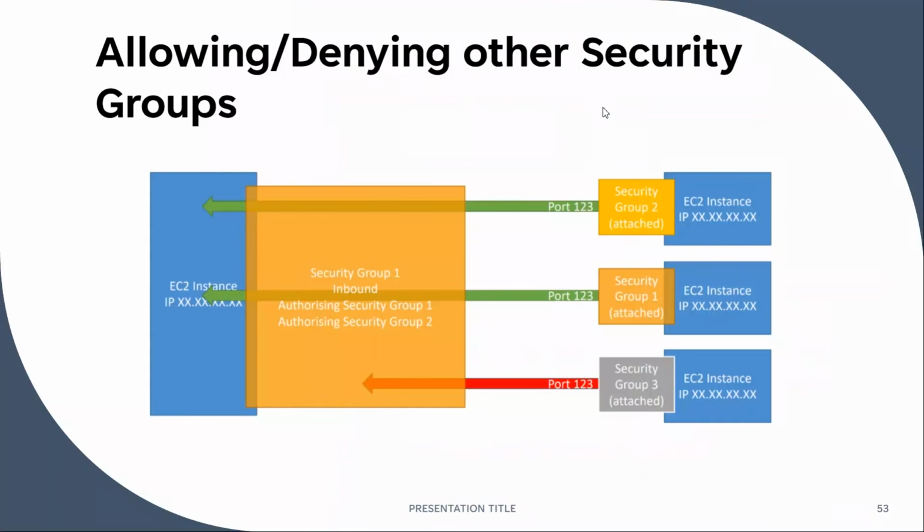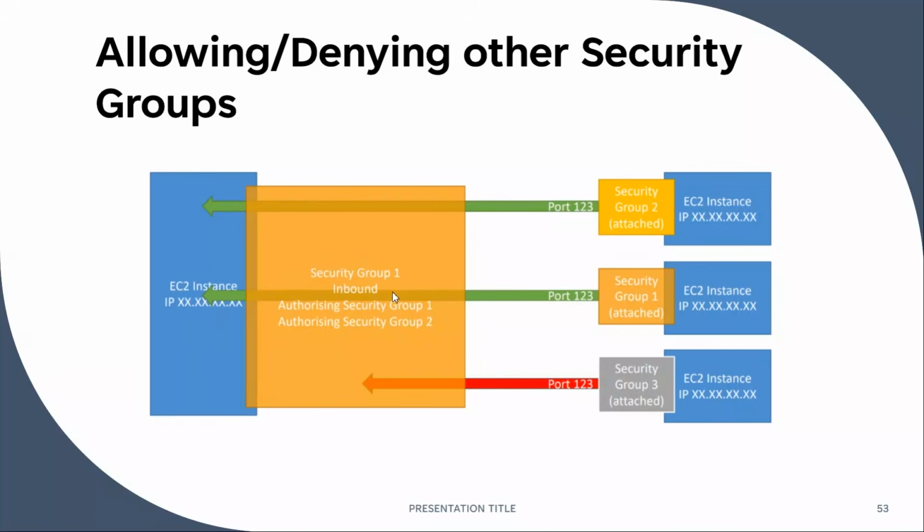So, allowing or denying other security groups. It can seem a little bit complicated right now, but when we dig deeper into all these things like security groups in the VPC chapter, it's going to be very easy. For example, if you see in this particular diagram, we have an EC2 instance and we have some inbound rules